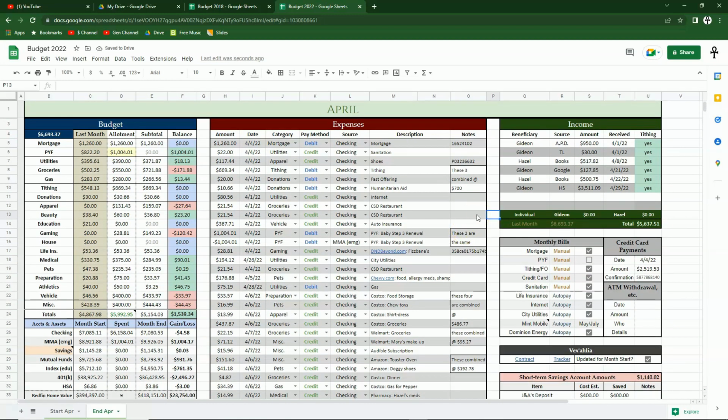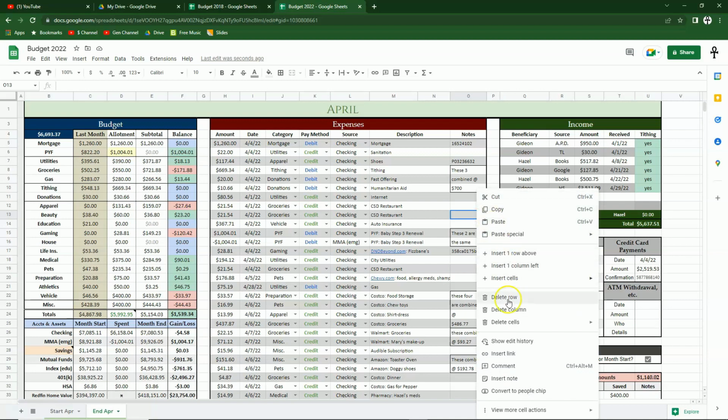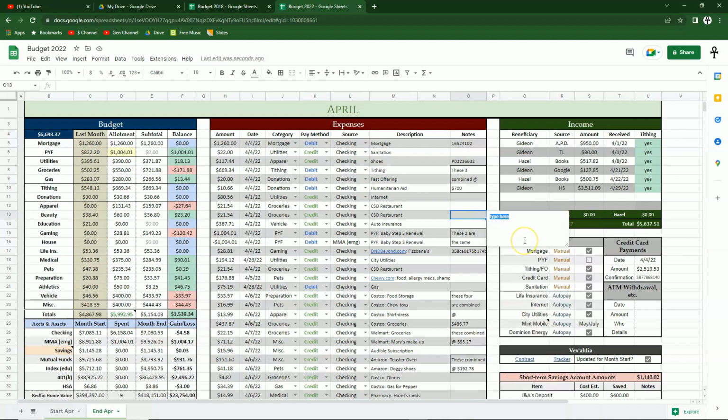And even if you don't like that, if that falls short, you can always right click, come down to insert note, and then you get a cell there, and that just hides behind a little triangle. Then all you have to do is hover your mouse over, and that's there too. So there's a couple different ways that you can keep track of multiple notes without needing to have a large